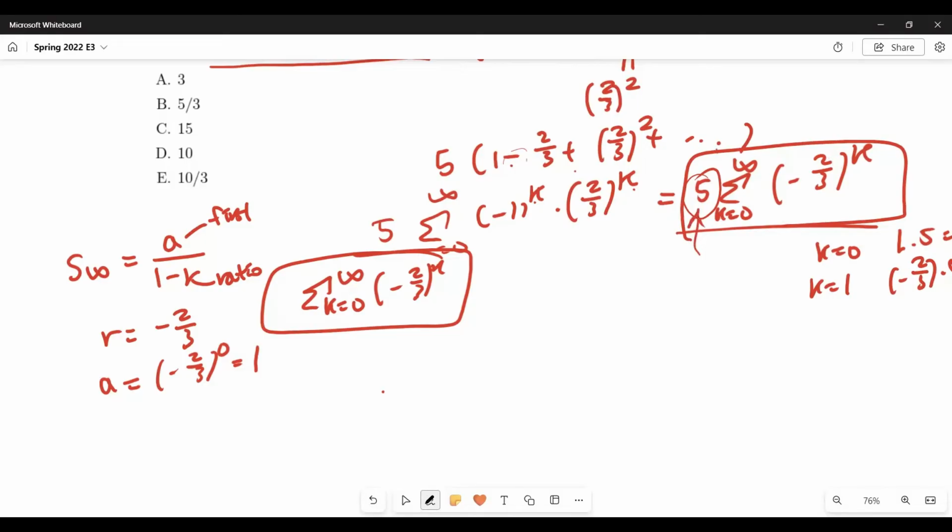When we calculate this part, like this equation first, and then multiply by 5, we're going to do that. So let's do this part first. So if you find the